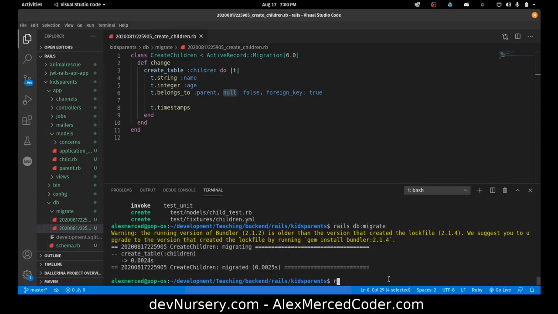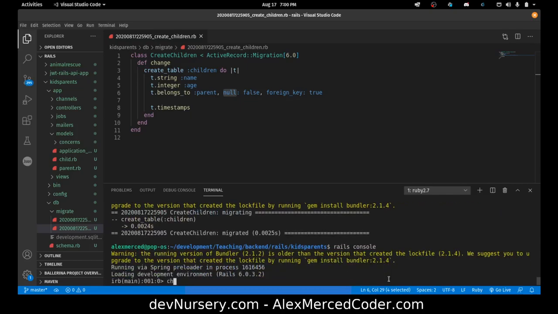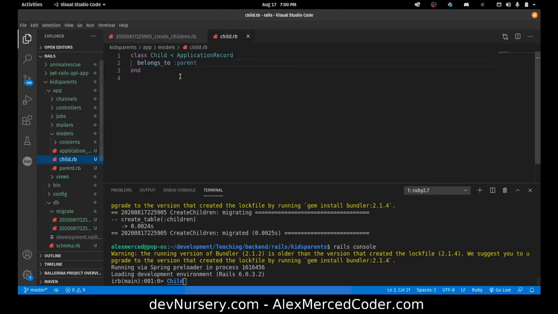Okay, now we're going to go back to our Rails console and make some children. Rails console. So we're going to do Child, because that should be capitalized. So let me just double check here. Yep, Child.new. The name of this baby is going to be Stewie. Okay, the age is going to be 3, and the parent,